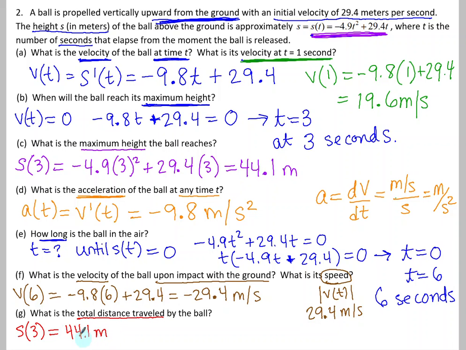It goes from the ground to get to its maximum height of 44.1 meters, and then it comes back down for 3 more seconds. So it traveled a total of 44.1 meters plus 44.1 more meters to make